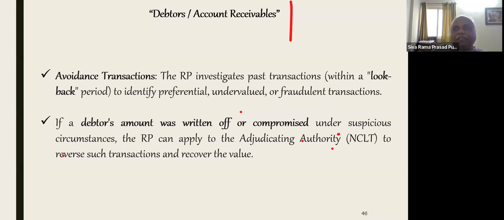Whatever the write-offs are, whatever the compromise is, sometimes on 2 crores you pay 50 lakhs, and I will give credit for the remaining 1 crore 50 lakhs, take it, enjoy. This type of mismanagement is why some companies are facing CIRP on account of mismanagement. Thereby, a liquidity problem arises, and they are unable to pay the financial creditor as well as the operational creditor.